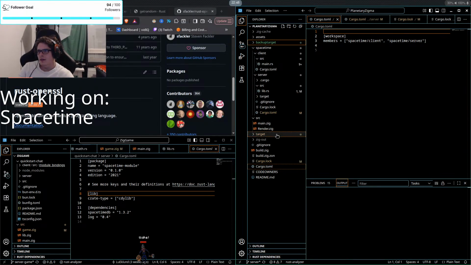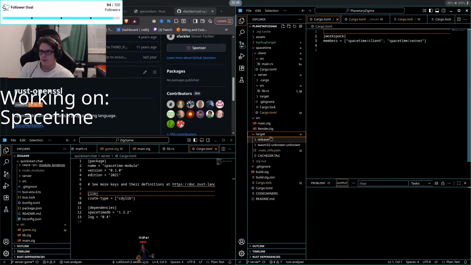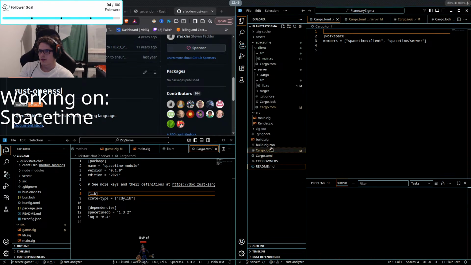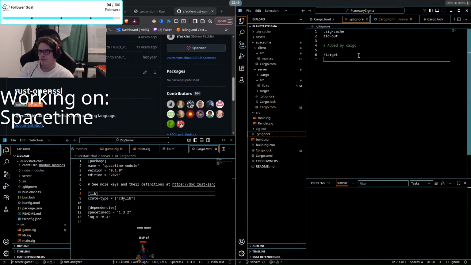But yeah, I can get rid of these targets, and I can just add it to the git ignore. Target should be ignored, but yet it's not.